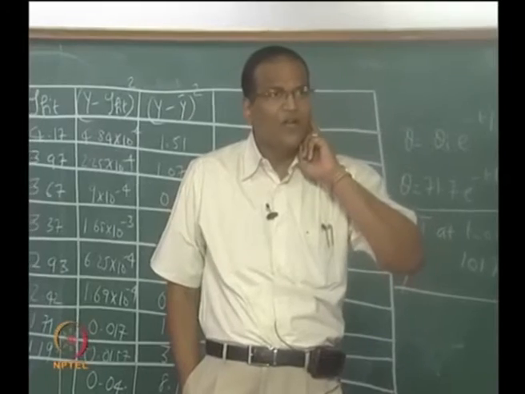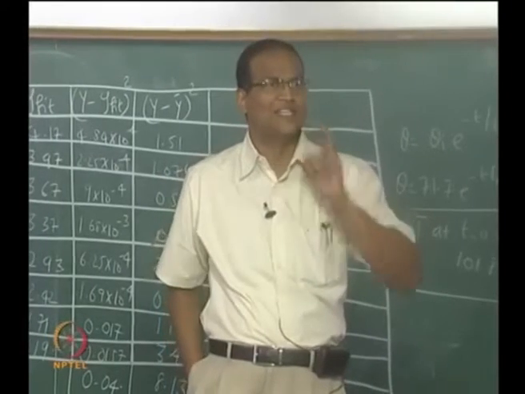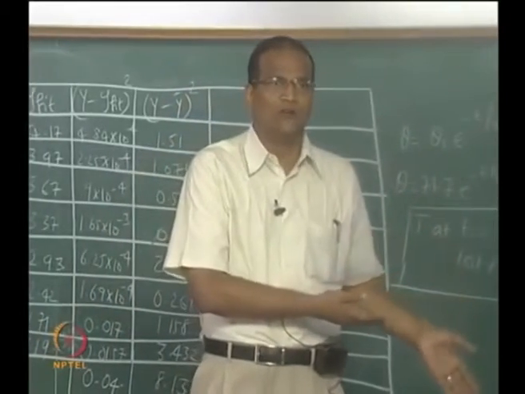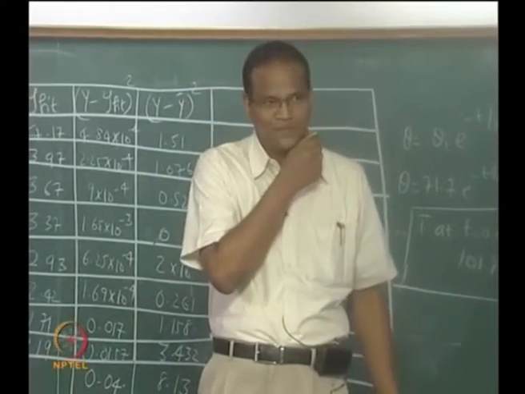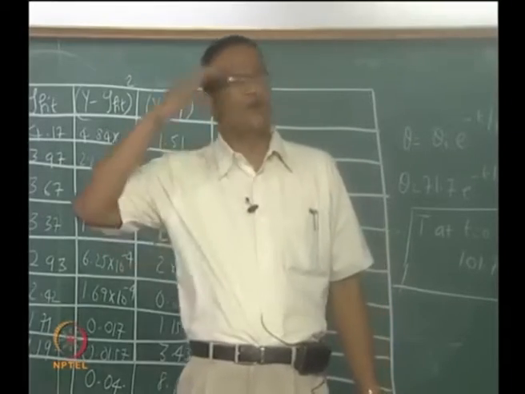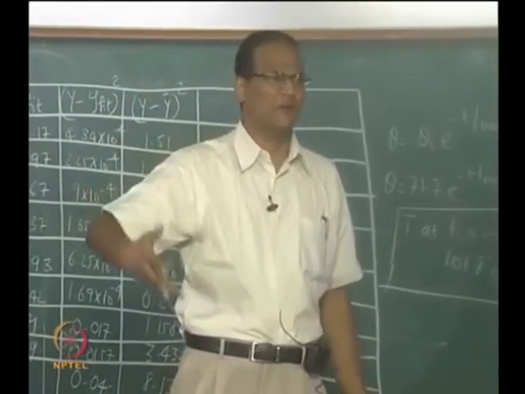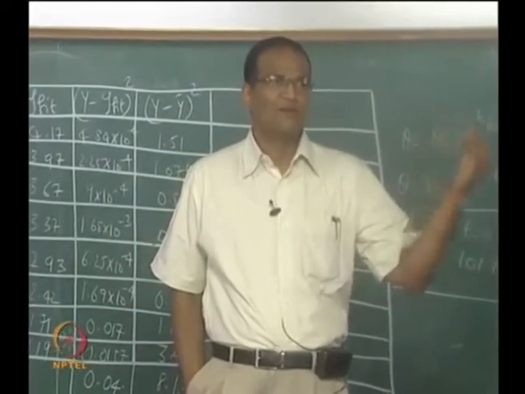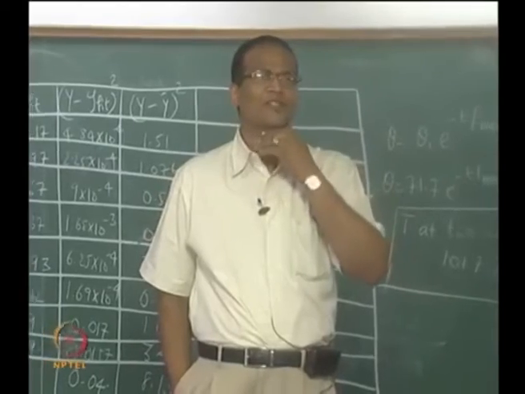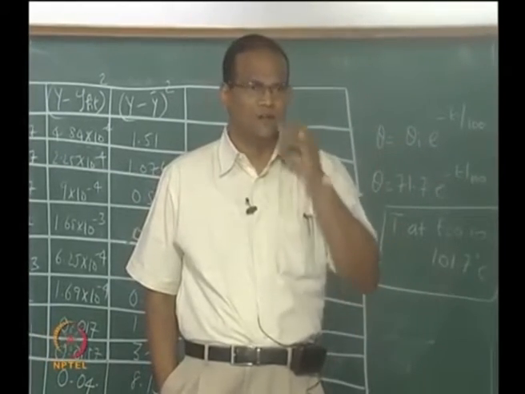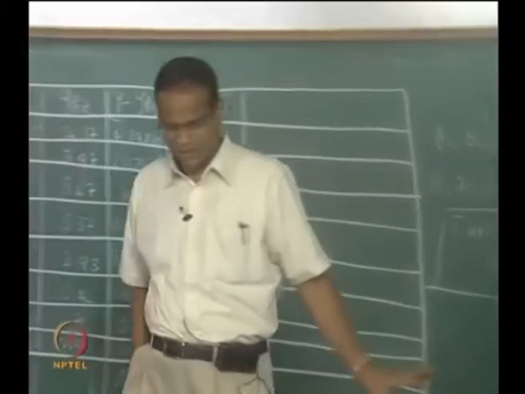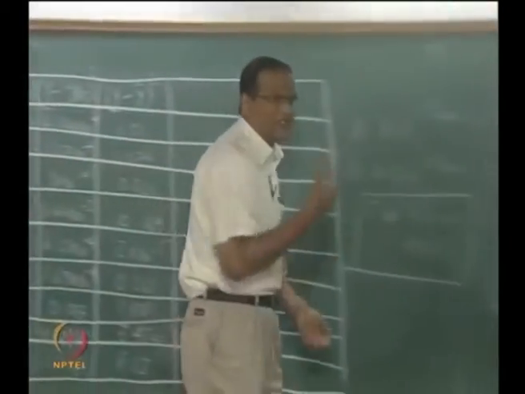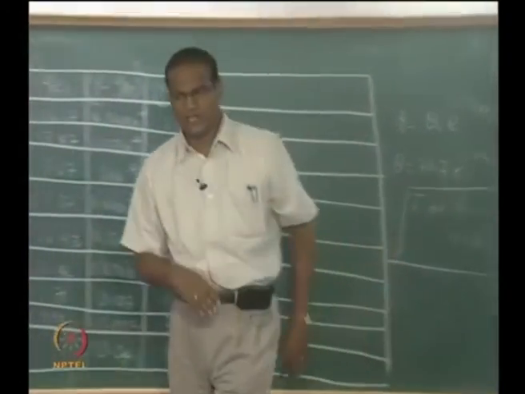right. In fact you can subdivide the data into three sets, early part, middle part and final part. For each of these parts you may get a different value of tau, okay. So these are all additional things when you do experiments, design of experiments, you learn all this. If you actually try to measure for some company or when you are trying to do some research, these are the additional factors which you will have to consider, fine, okay. So this will be a typical question in your quiz, so it will take about half an hour, you patiently do.